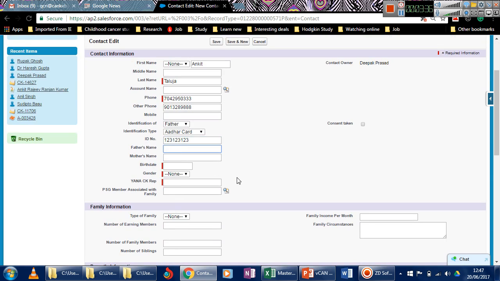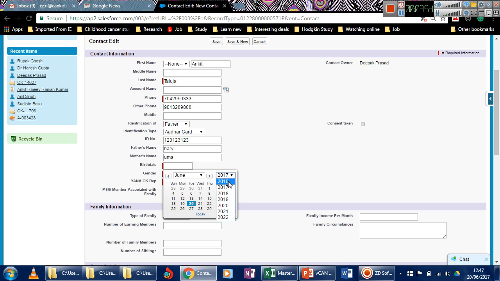Then you'll enter the father's name of the patient, mother's name, then the birth date. So for birth date, you'll see options till 2016 or so. So what you can do is you will select the month, you will select the date, and you can type the year